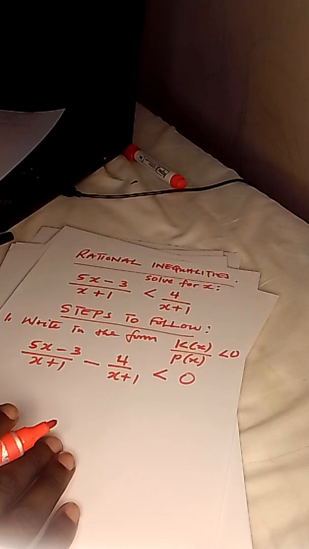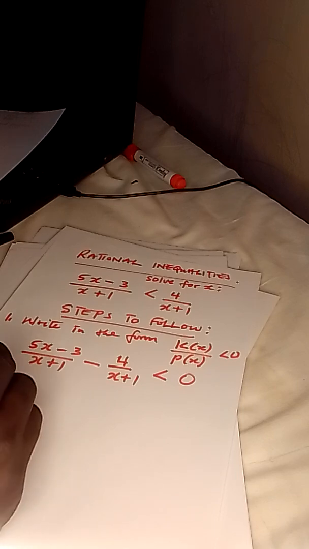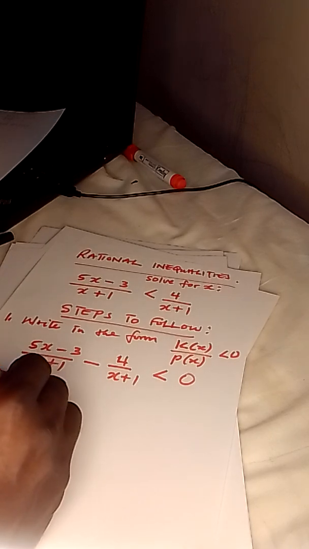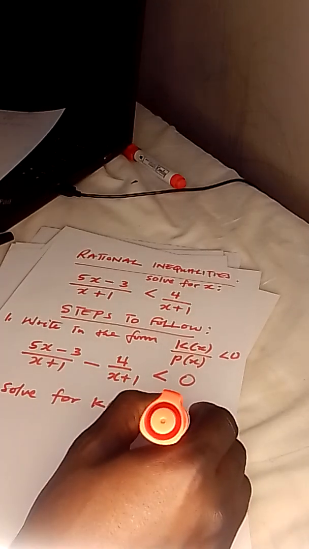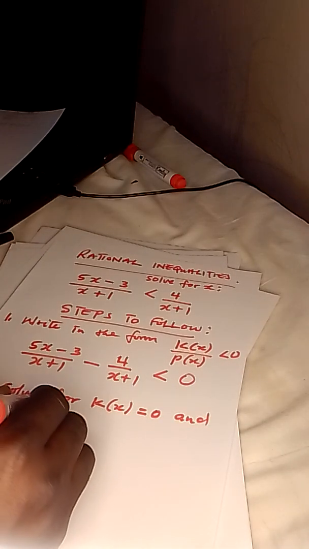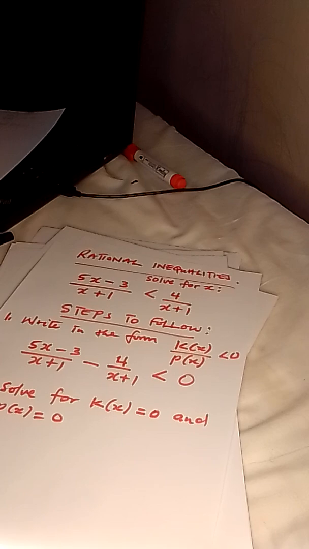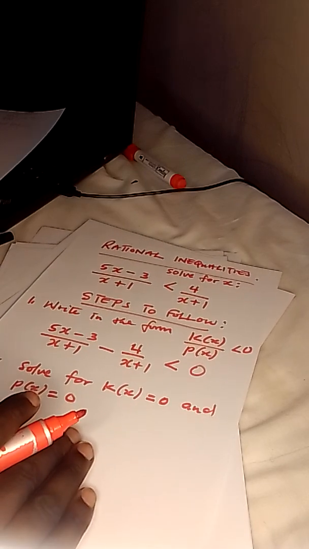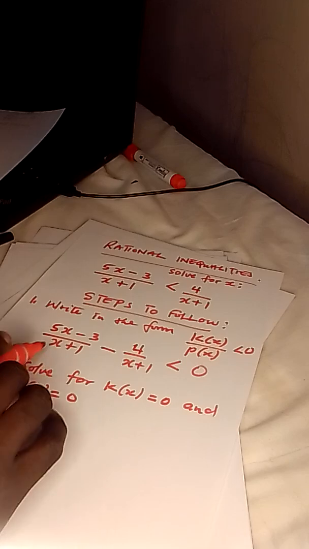So in this case, step number 2, we say solve for k of x is equal to 0, and you also solve for p of x is equal to 0. That means here, what you are going to do, you are going to first check